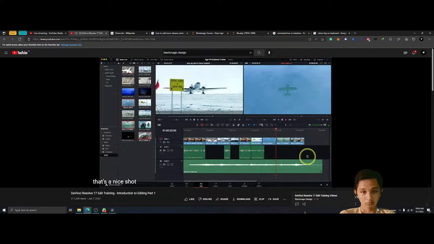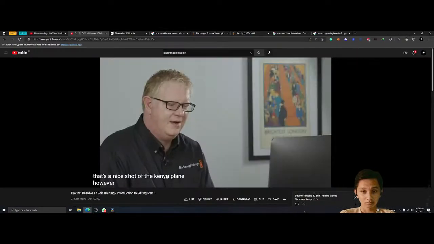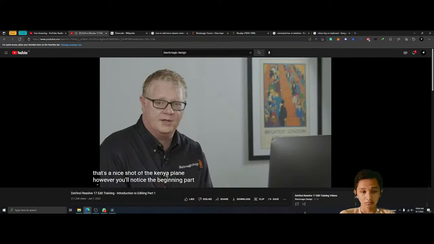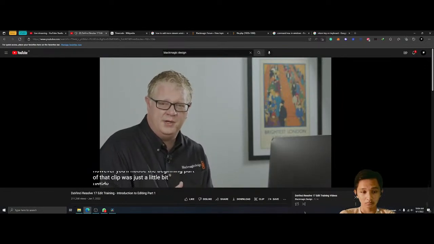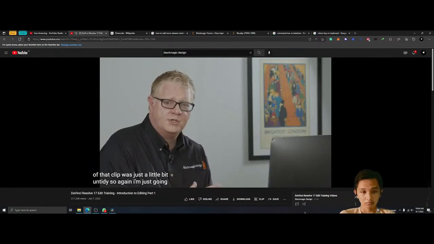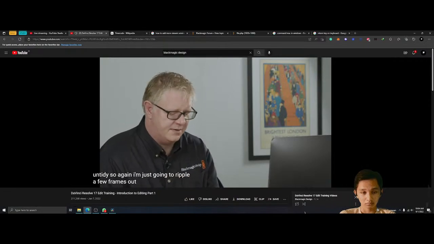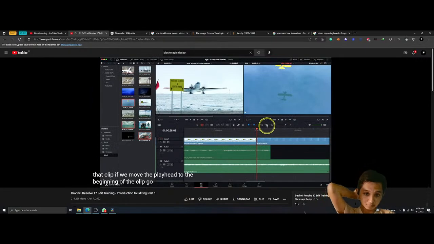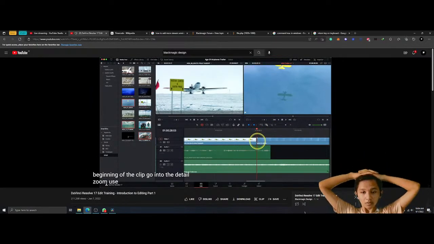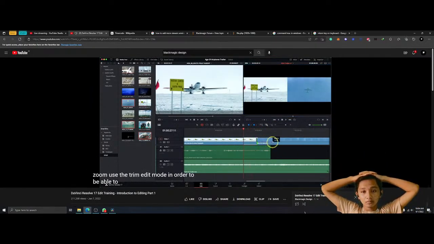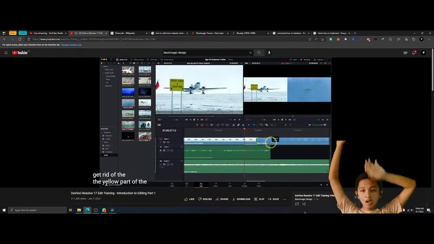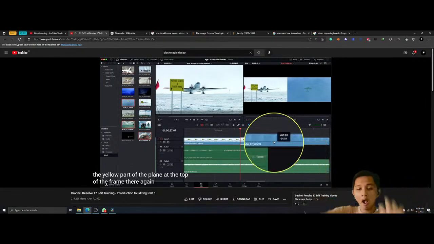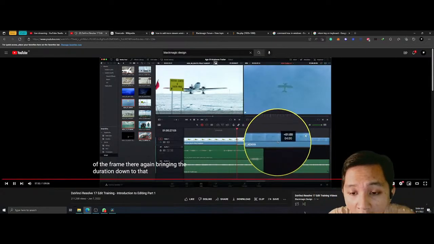That's a nice shot of the Kenya plane. However, you'll notice the beginning part of that clip was just a little bit untidy. So again, I'm just going to ripple a few frames out of the beginning of that clip. If we move the playhead to the beginning of the clip, go into the detail zoom, use the trim edit mode in order to be able to ripple a few frames out to get rid of the yellow part of the plane at the top of the frame there. Again, bringing the duration down to that